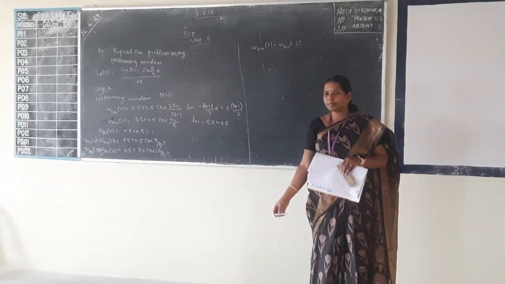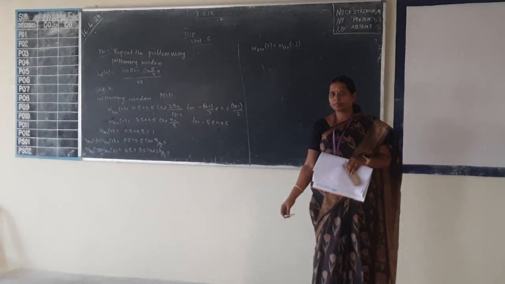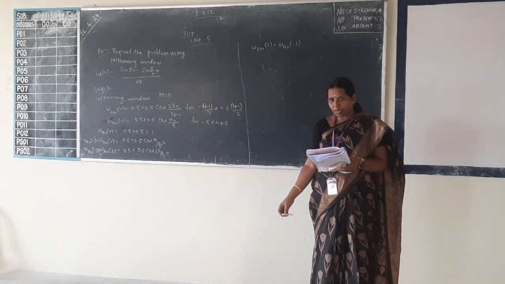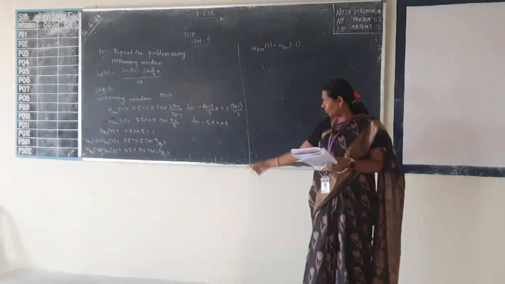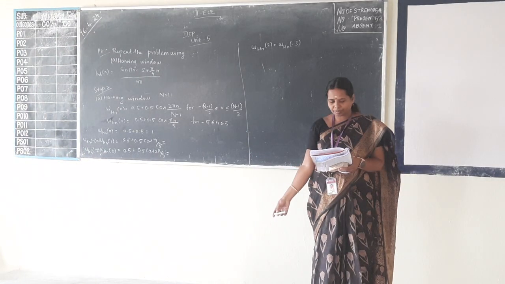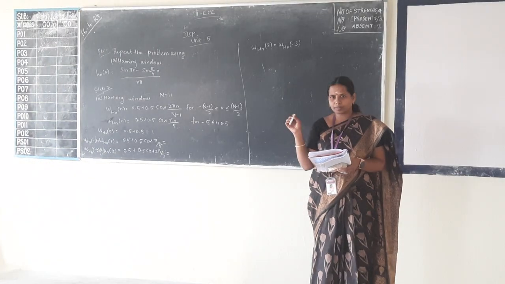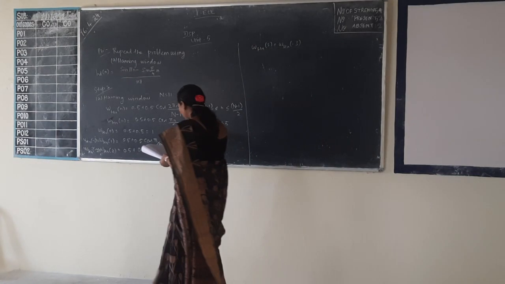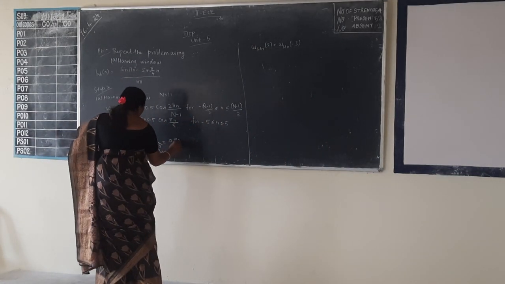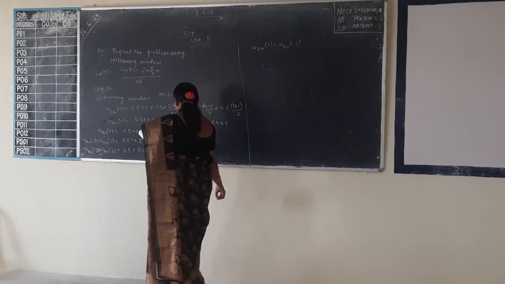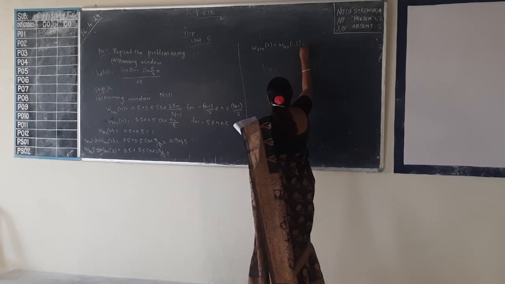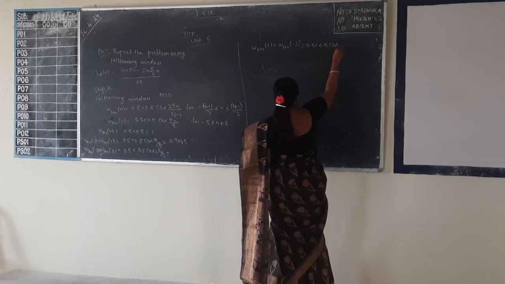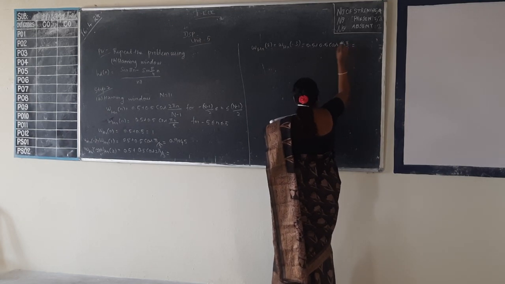Cos pi by 5 is? Answer is? 0.9045. That is the answer for w_Hn of 1. 0.9045. Similarly, find out for all those things. This is equal to 0.5 plus 0.5 cos of 3 pi by 5. Find this value.